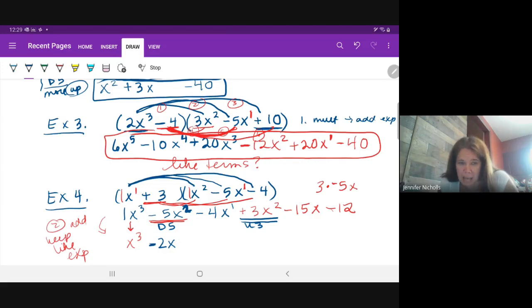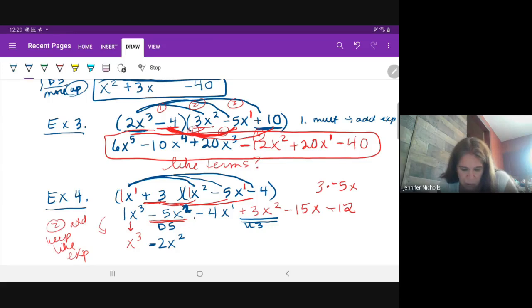You're going to keep the exponent. So when you do like terms, you keep the exponent. So if you're going to keep the exponent, you're not going to add them. So what would your exponent be? Yes. So it would be 2. Okay. And then